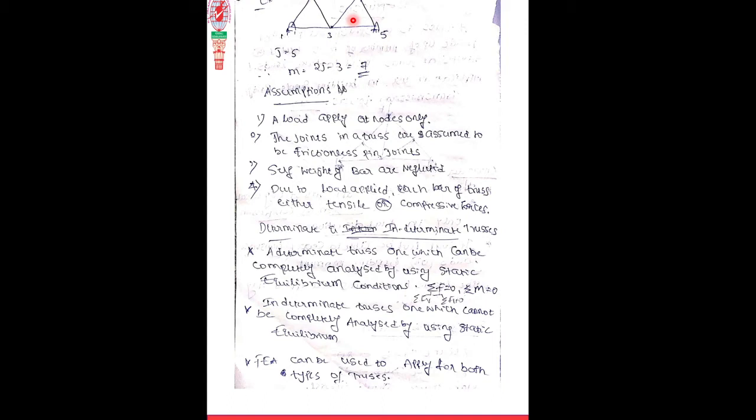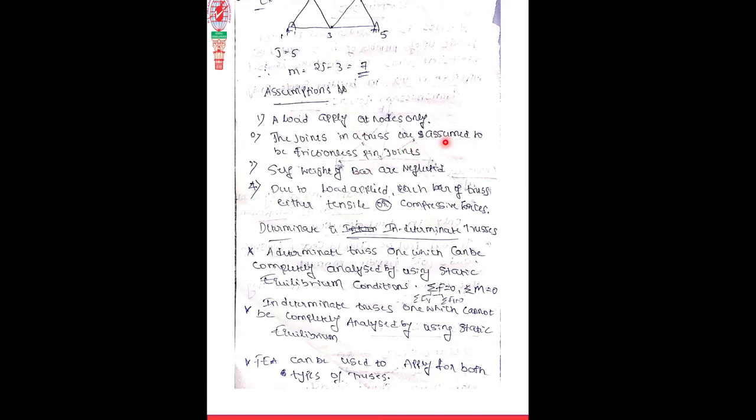Now, again, here also some assumptions are going to be made. In FEM, when you solve the truss problem, some assumptions are made. Let me see what those assumptions are. Very important. Load applied at nodes only means it is assumed only at the nodes. In between the element, they are not going to apply. Only at the nodes, that is nothing but joints.